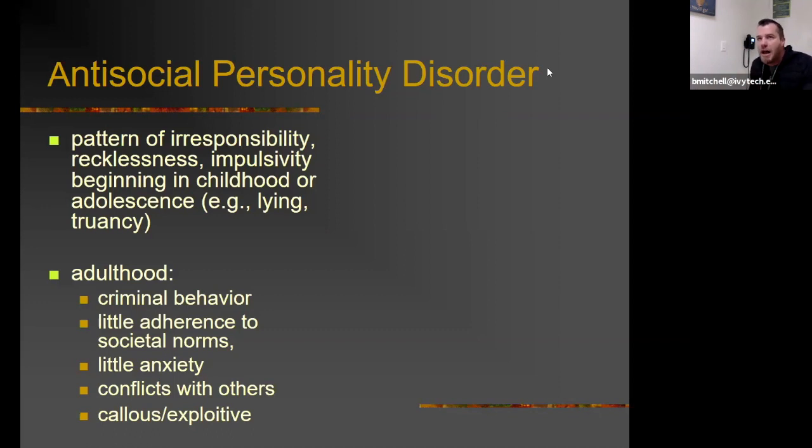If you or I went out and killed someone, and I'm assuming you and I do not have antisocial personality disorder, okay? We would feel badly for it. Even if it was justified, we would feel badly for it. We would be able to feel what that person felt, okay? With a lack of empathy, antisocial personality disorder, they just don't care. They use people. So the extreme of the serial killer without empathy is a good example of antisocial, but we